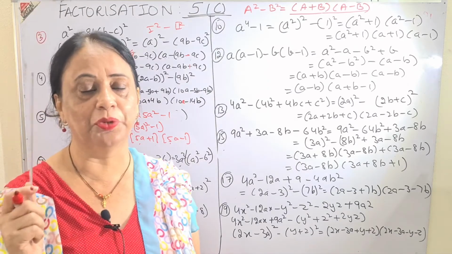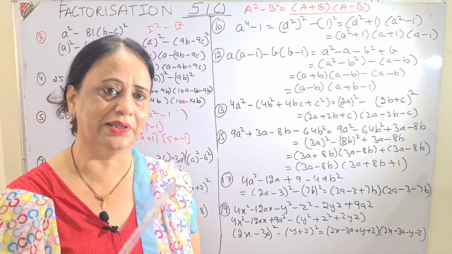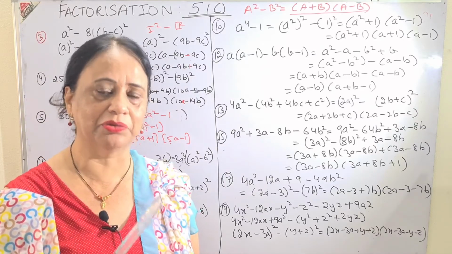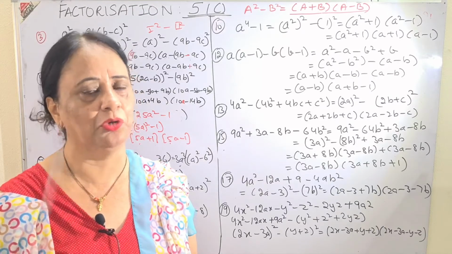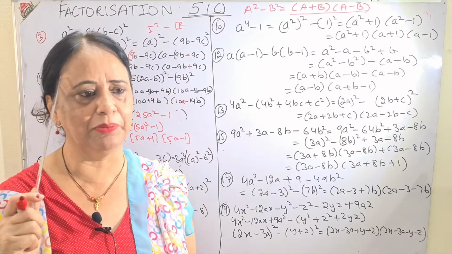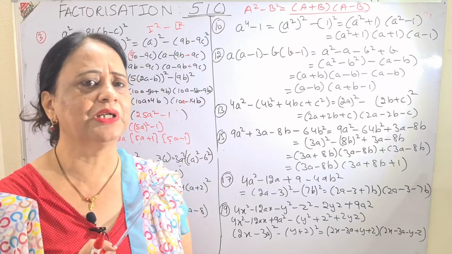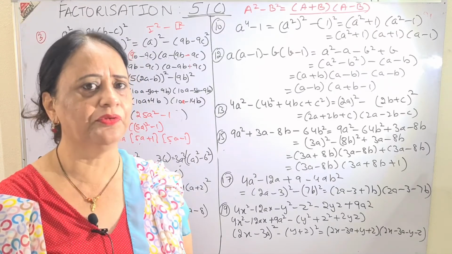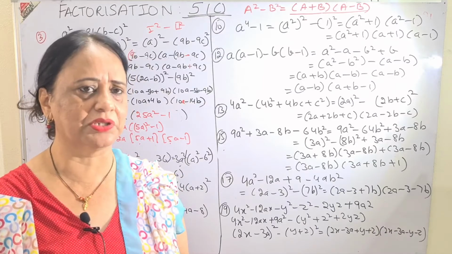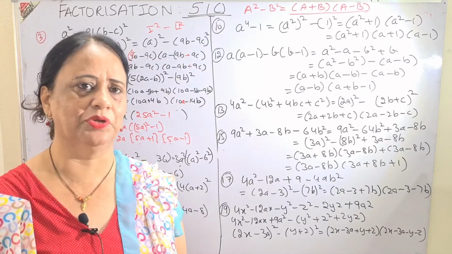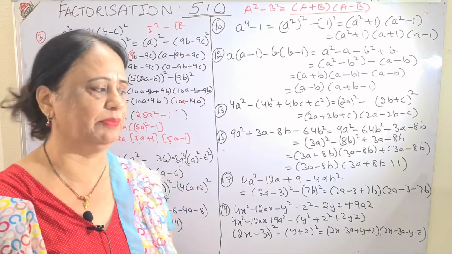You just have to put in your mind that I have to get the terms either in a whole square minus b whole square, so that I can put the formula a plus b into a minus b. When this concept will be in your mind, children, you will do the sums very easily. You have to get the whole square, both the terms, first term whole square, second term whole square, and the sign should be minus in between.